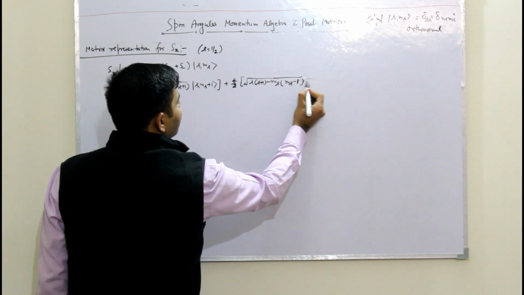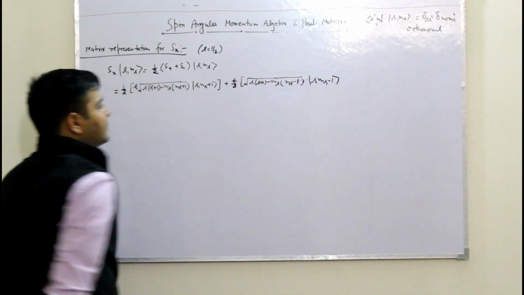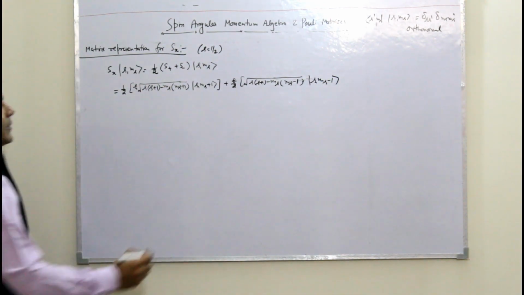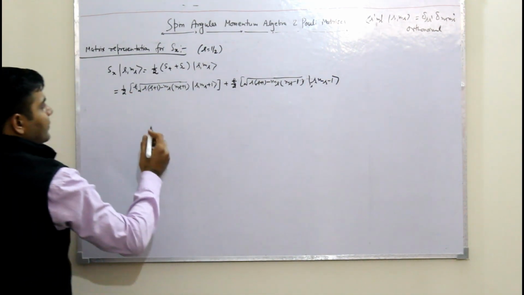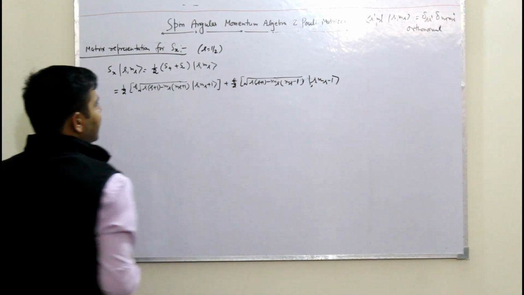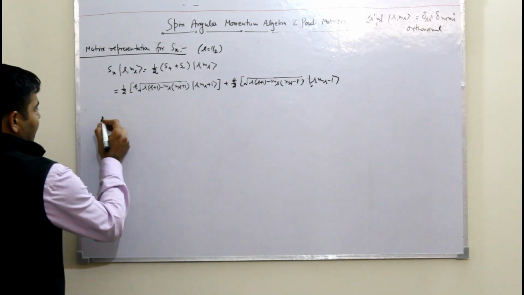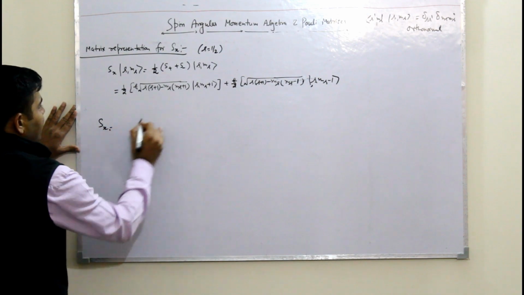This is ms minus 1, ms minus 1. Okay, this is half, this, that's it. So if we find out, for example, the matrix representation Sx, this would be, if states are